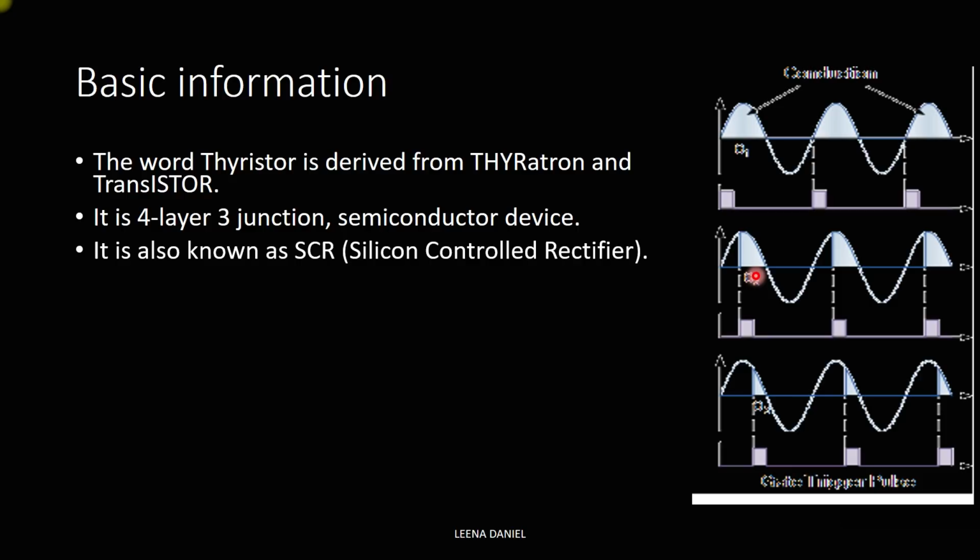Okay, if I apply the gate signal at this point, see, this is the gate signal we applied at this point. Let us consider this is alpha, or omega t, equal to 30 degrees. If we apply a gate signal at 30 degrees, the thyristor will start conducting from this point. So we get the output only from this 30 degrees to 180 degrees.